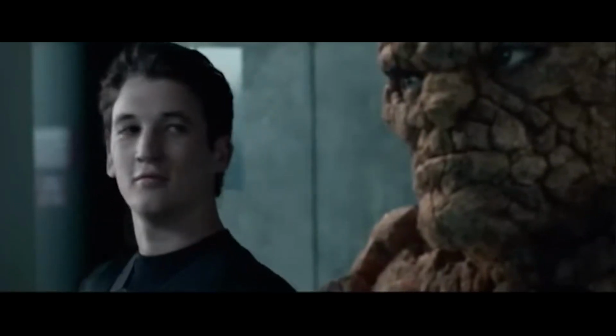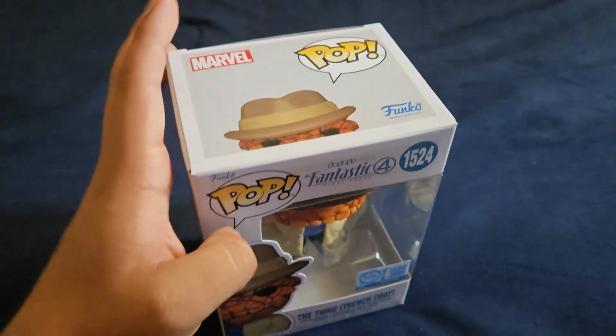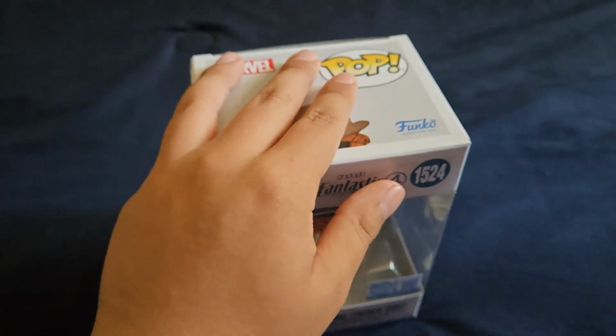Today, I have 4 very fantastic items. Are you tired of that joke? Because I'm not. So, I'm gonna go in order from least expensive to most expensive. And starting with the least expensive, got this Funko Pop exclusive, which, by the way,